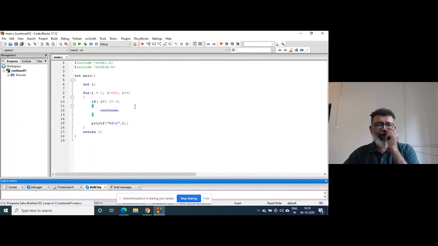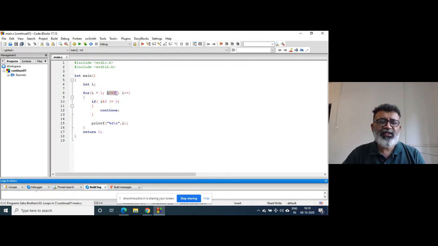So this program I took of the continue statement, if you can recall. What does the continue do? When control reaches the continue statement, the control goes to the next iteration. So when i is equal to 1, since this condition is true, the continue statement is executed and i becomes 2.